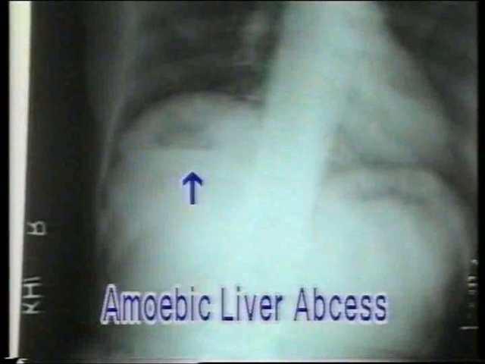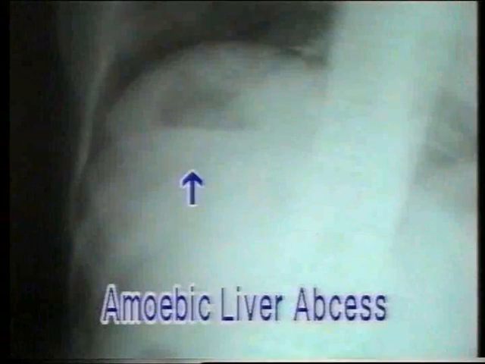Before the advent of ultrasonography, it was a standard practice to introduce some air after aspirating an amoebic liver abscess, so that on subsequent follow-up, the size of the abscess cavity is seen on plain standing X-ray of the abdomen. This is another X-ray showing a fluid level in an amoebic liver abscess. Note that its upper border does not match with the diaphragm and that it is entirely within the liver shadow. Also, it does not extend along the full width of the diaphragm.